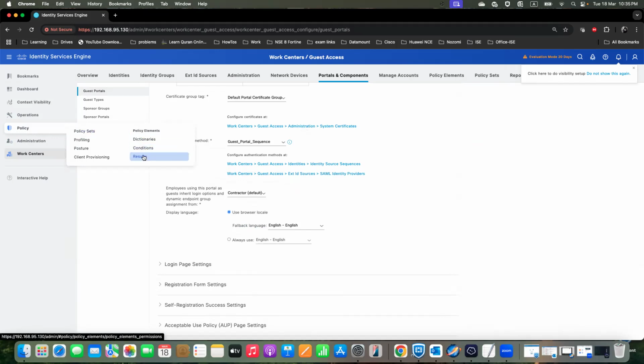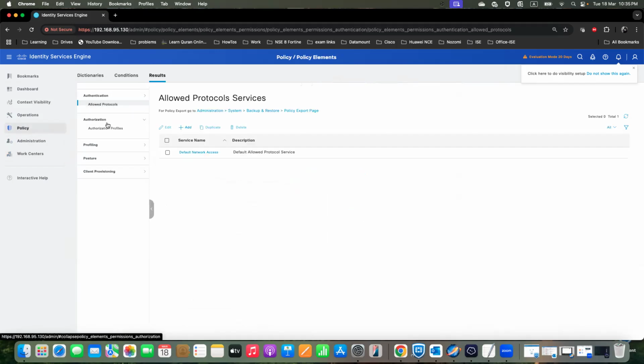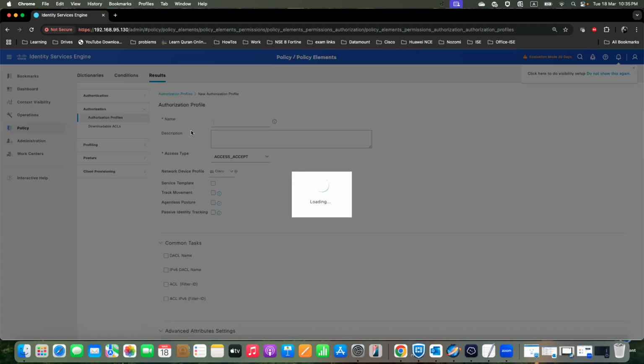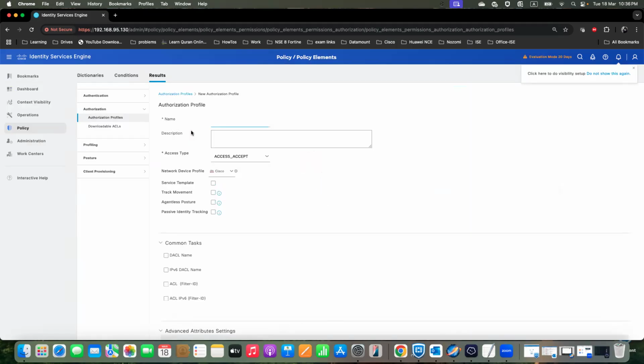Policy results, authorization profile. First of all, I will create one profile to redirect the user request to the guest portal so that the guest registration portal will open on my guest user's browser. I will name it lab_wired_